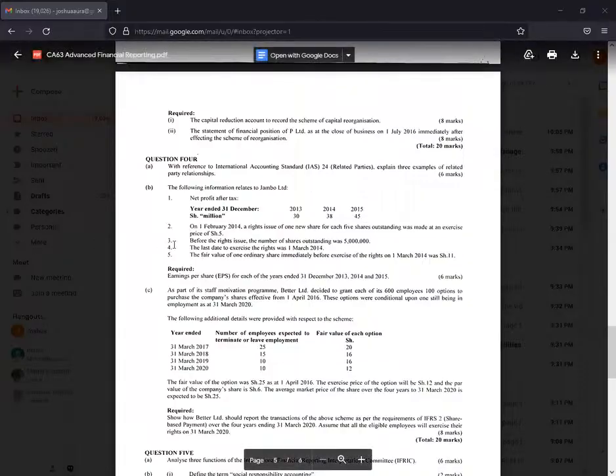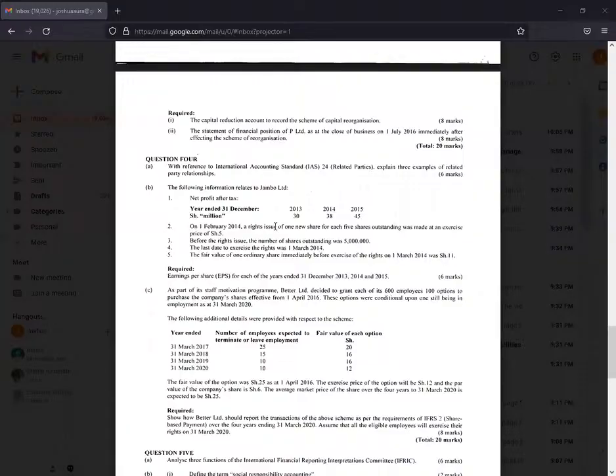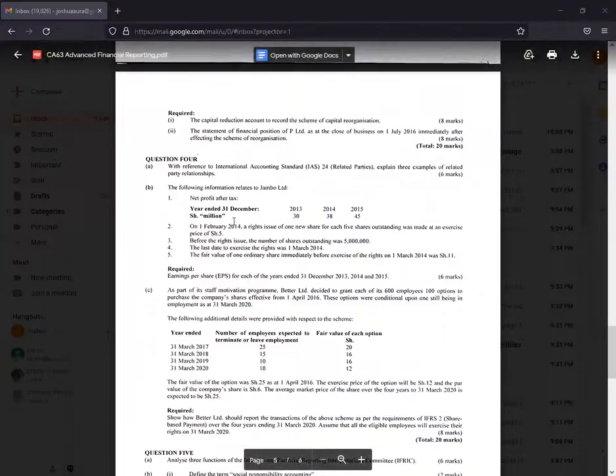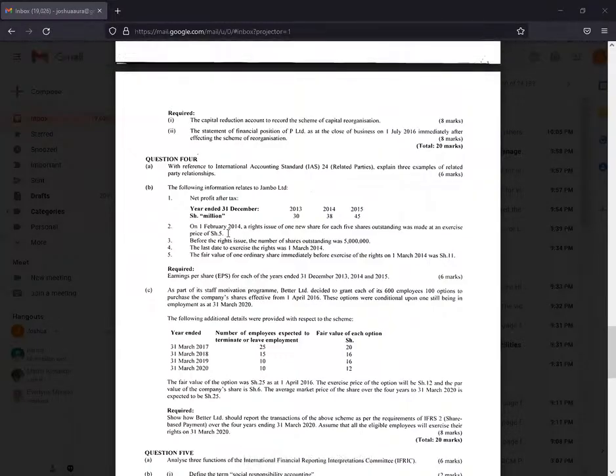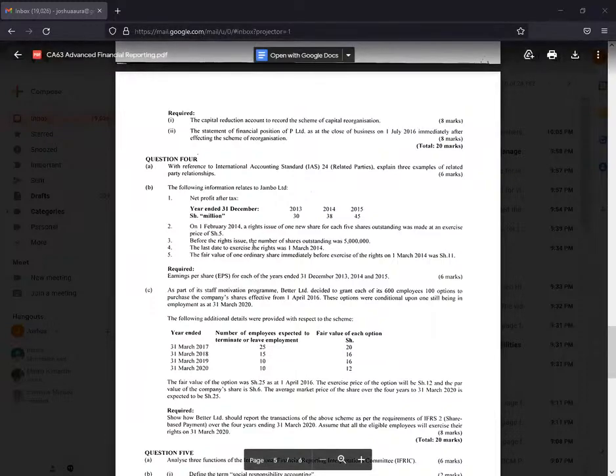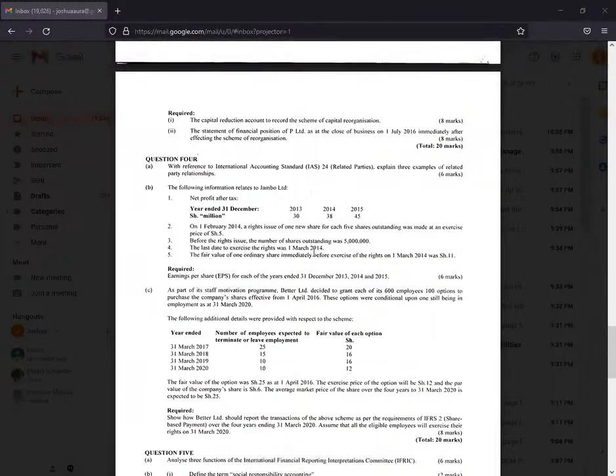On 1st February 2014, a rights issue of 1 new share for each of the 5 shares outstanding was made at an exercise price of shillings 5. Before the rights issue, the number of shares outstanding was 5 million. The last date to exercise the rights was 1st March 2014. Note number 4 is noise. I'll delete it. They're simply putting it there to confuse the easily confusable students. Note number 5, the fair value of 1 ordinary share immediately before exercise of the rights on 1st March 2014